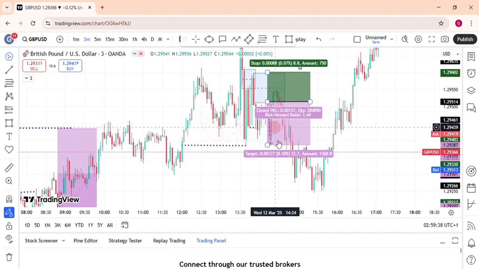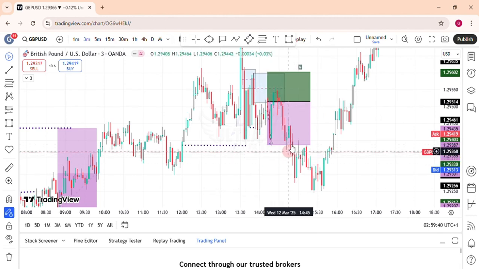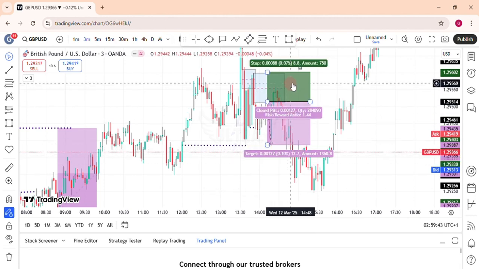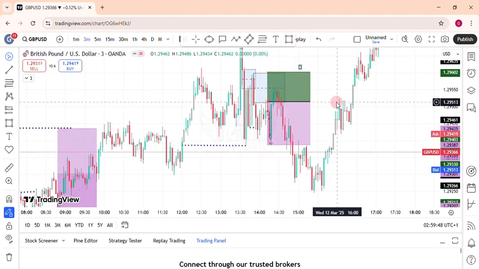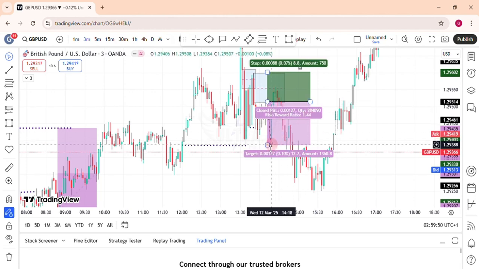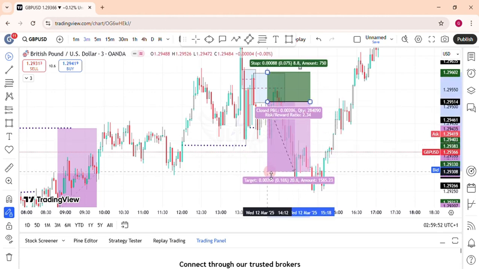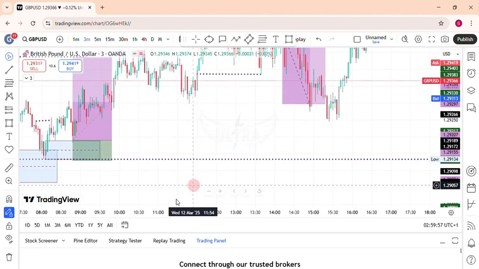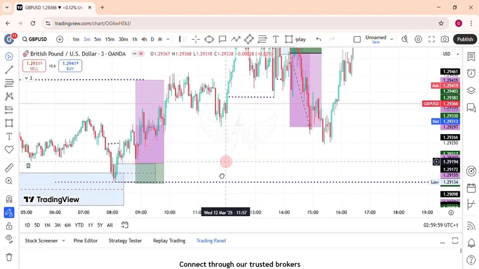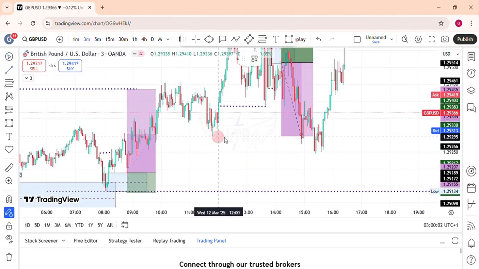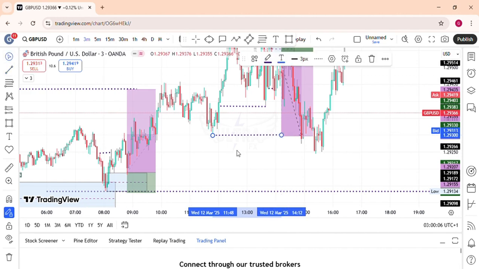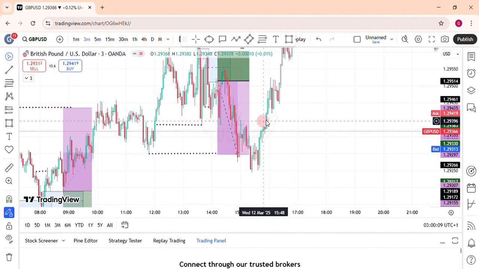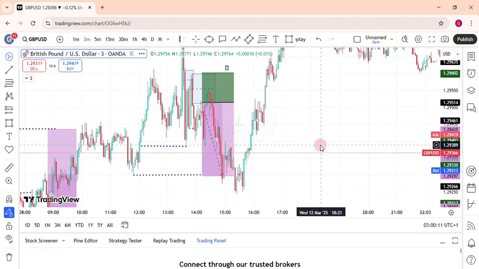You can also tap into it and take you out also. So for a higher risk to reward ratio, you can as well take your TP to this low right here. Take your TP to this low right here, and that is your take profit for our number 6 trade.